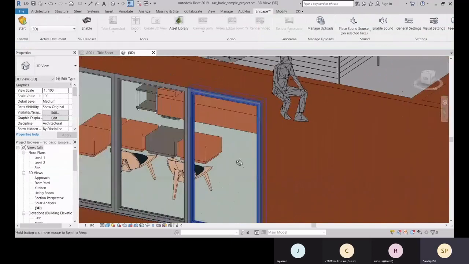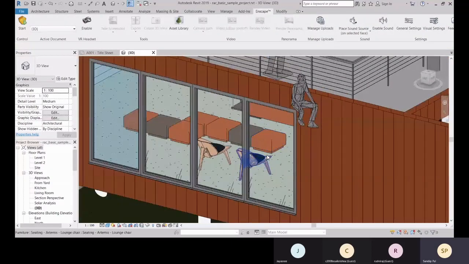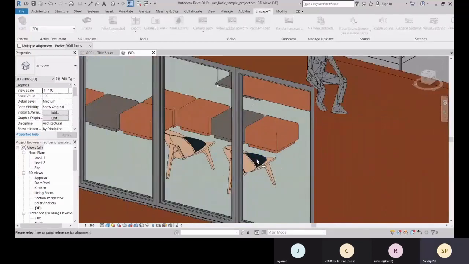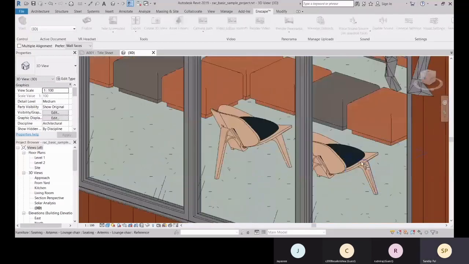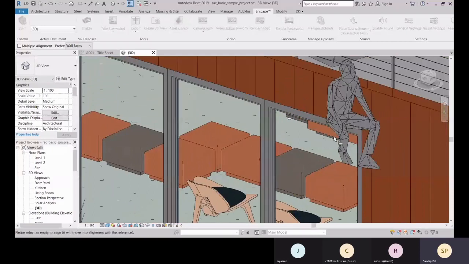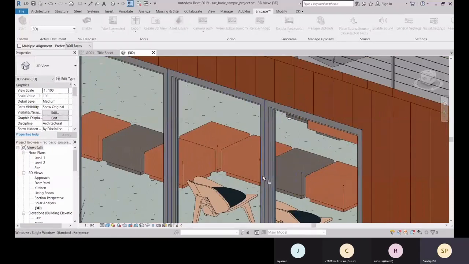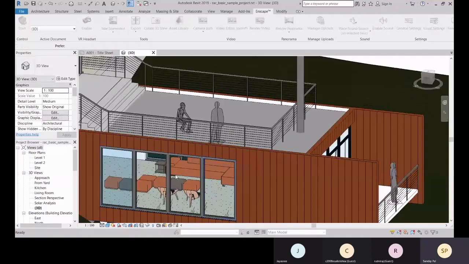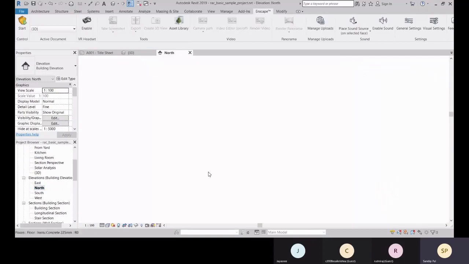You have to place him at the right place. So let's switch into one view.